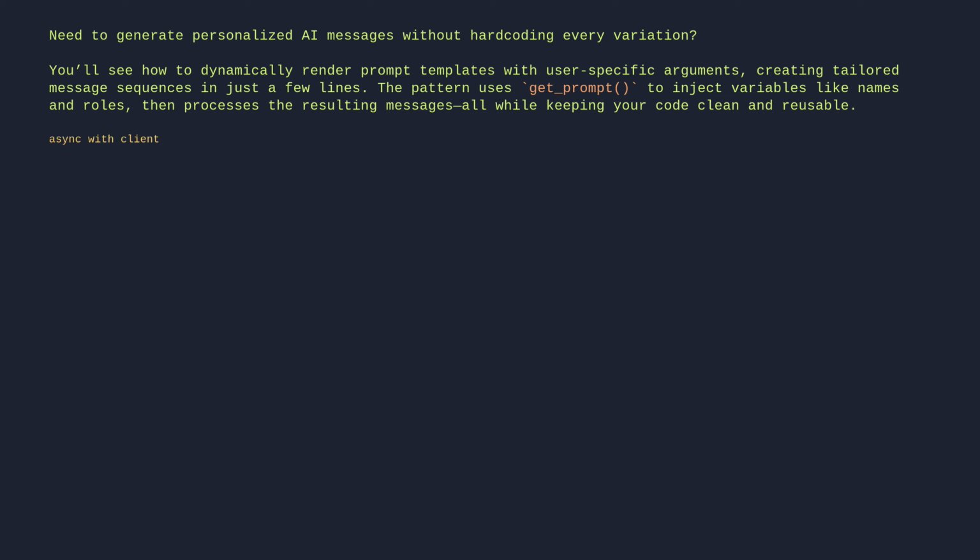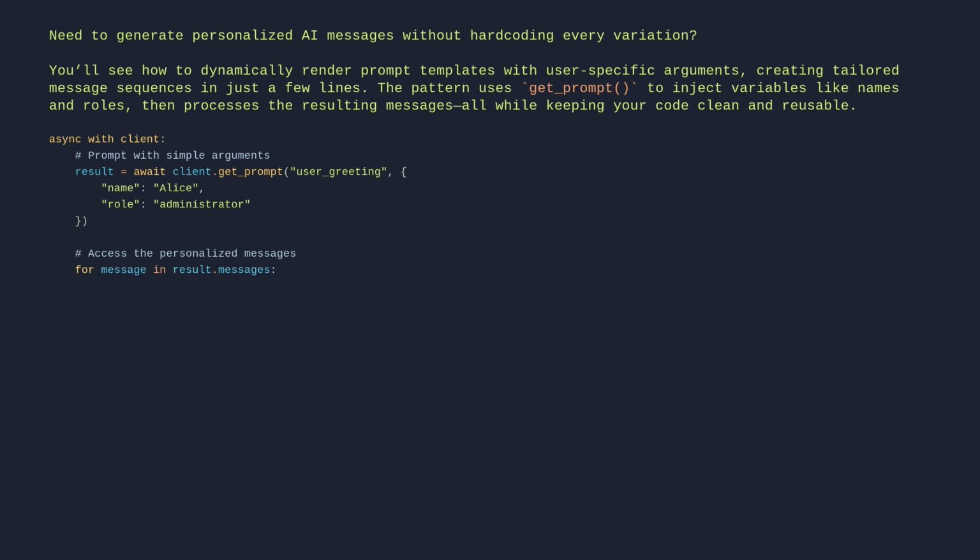async with Client: # Get prompt with simple arguments. result = await client.get_prompt("user_greeting", {"name": "Alice", "role": "administrator"}) # Access the personalized messages. for message in result.messages: print(f"Generated message: {message.content}")